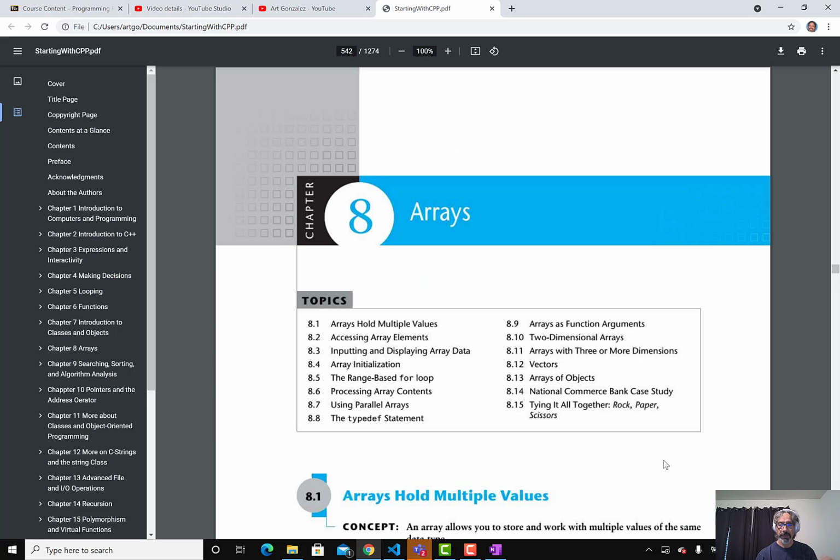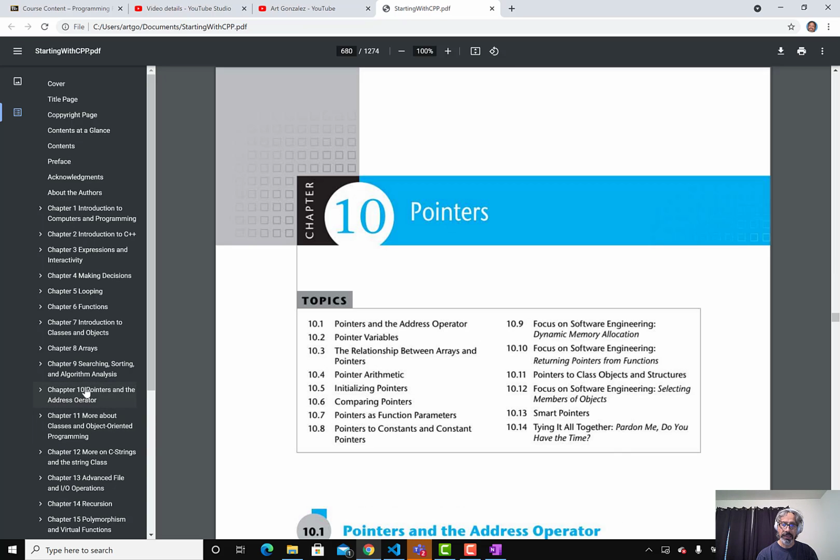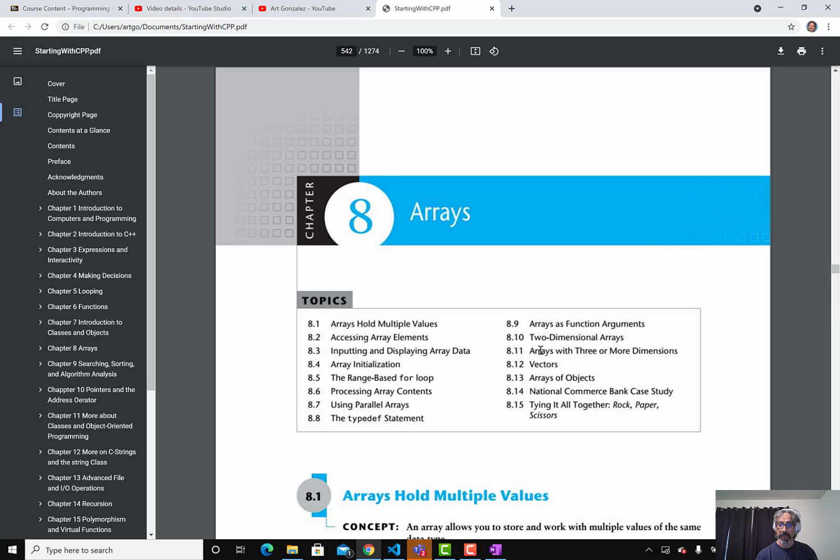Okay, this will be chapter 8, where we talk about arrays, and then chapter 10, review it with arrays as pointers, as parameters, and more importantly, what you will see is what is the relationship between pointers and arrays. Okay, so